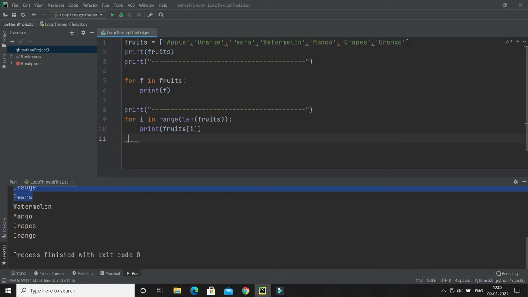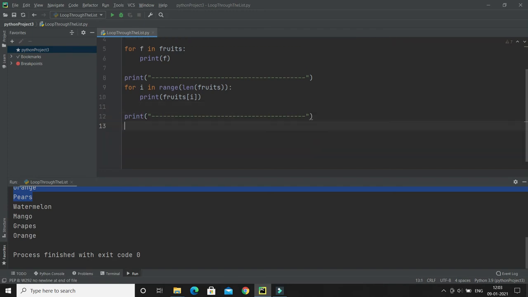Let's see what the other ways are. The next approach I'm going to show you uses a while loop. We can use the len function to determine the length of the list, then start from the 0th index and loop our way through the list items by referring to their indexes. Let me show you.